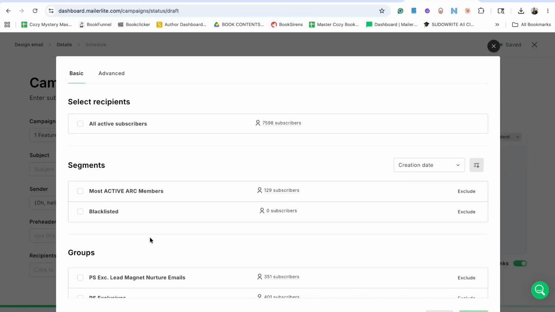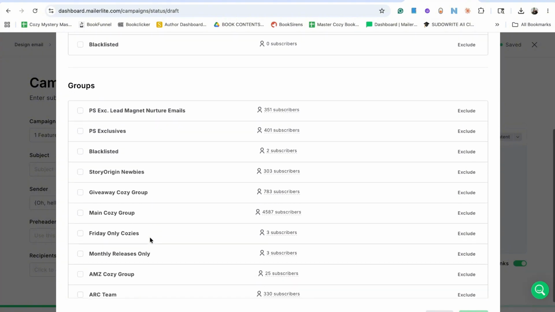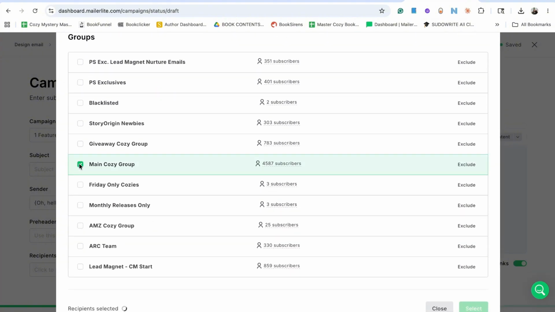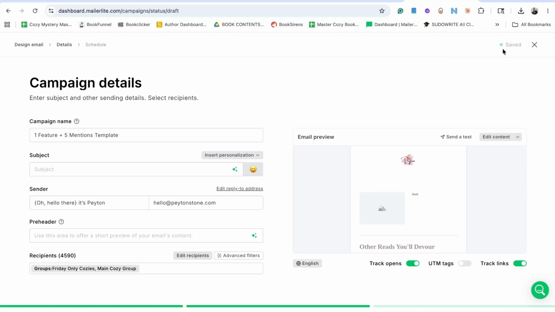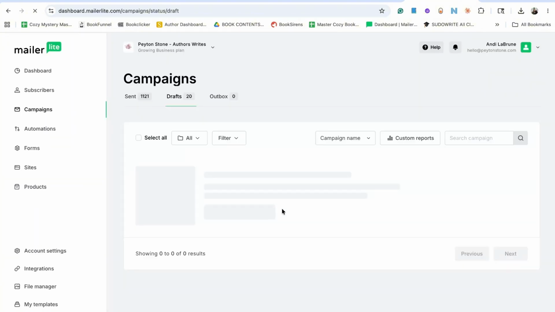I'm going to select my templates here. So I'm going to select my main cozy group. And let's say this is a feature that goes out on Fridays only. You may have 3 people that only want Fridays. So I would select that. Now let it save. Now it's saved. And now every time you duplicate this,